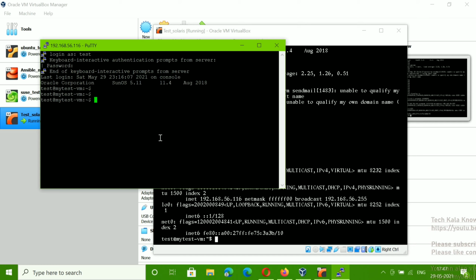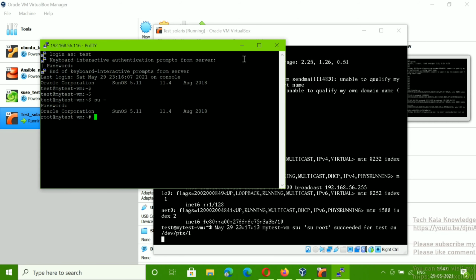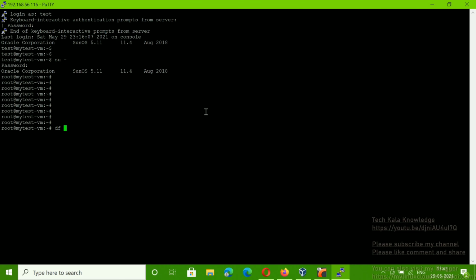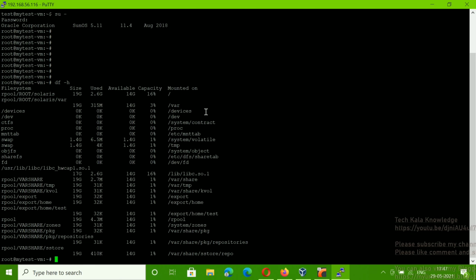Let me switch to root, su hyphen, let me give the password. Yes, now I have switched to the root user account. If you run the df -h command here, you can see all the file systems created by default.